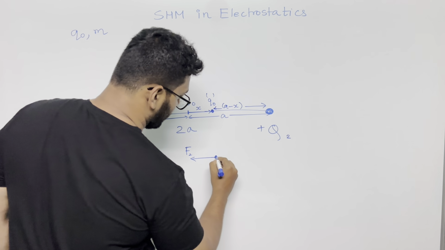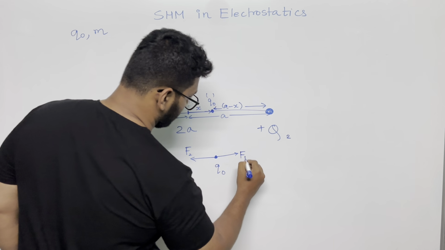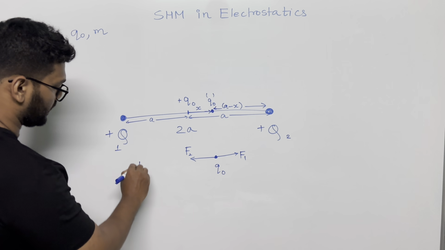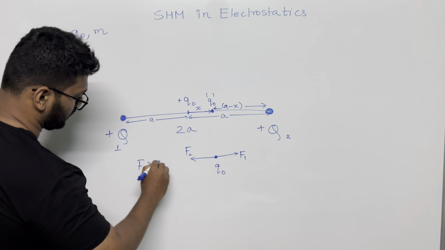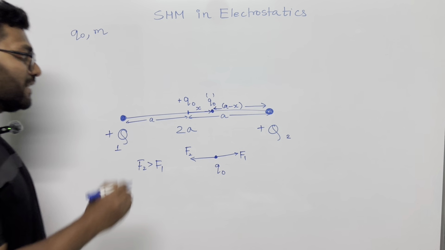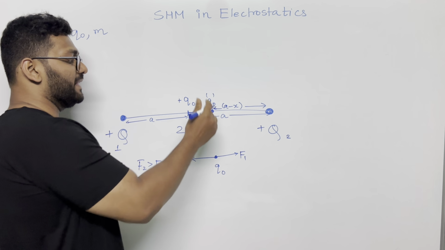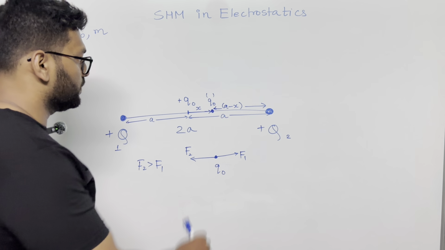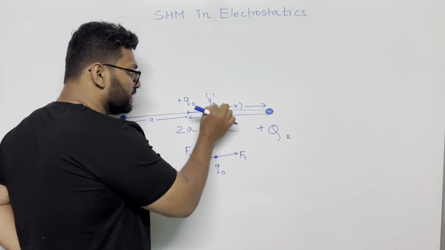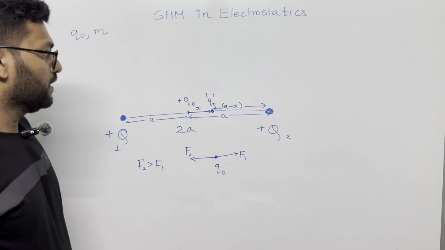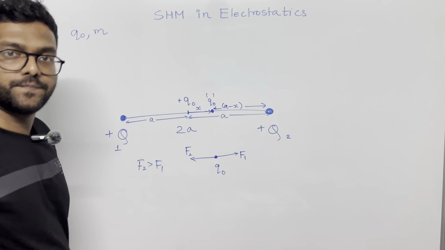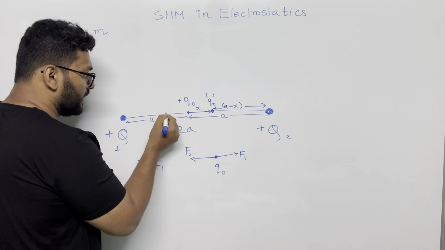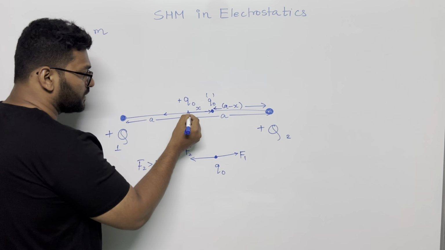So the rightward direction force is lesser than the left one. This is more magnitude than this. So F2 is greater than F1. Very good. So eventually the net force will be in the left direction, right? So if I displace this in this direction by x amount, the net force is in the left direction, correct? Okay, so now if I were to displace this Q0 charge